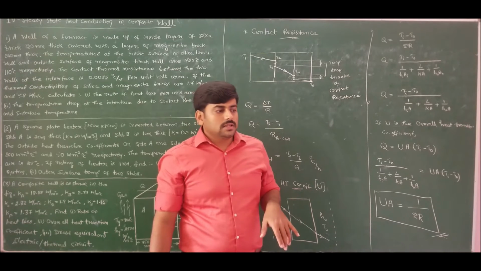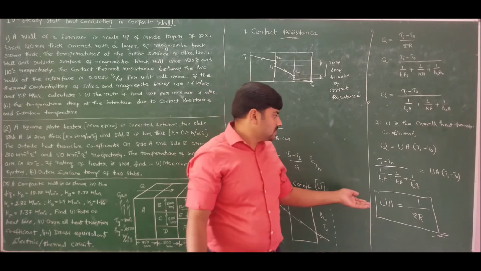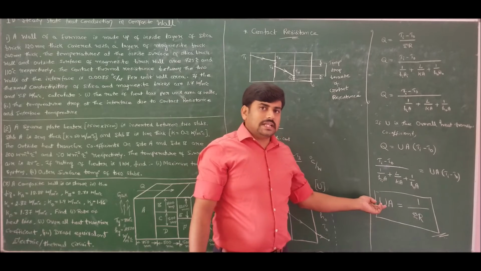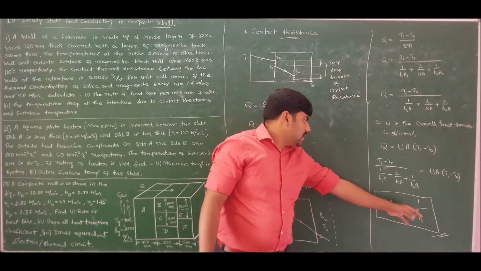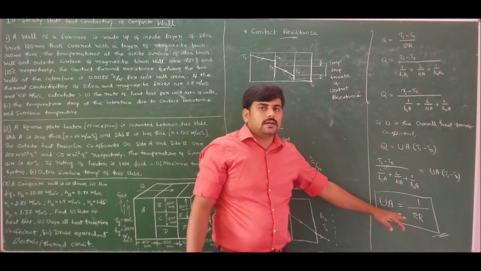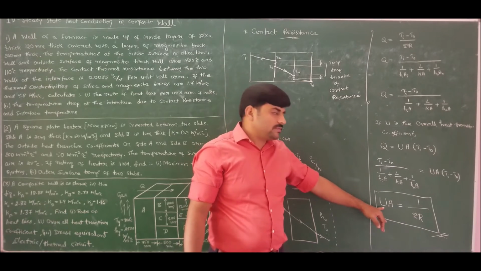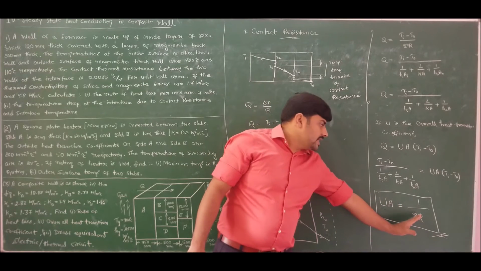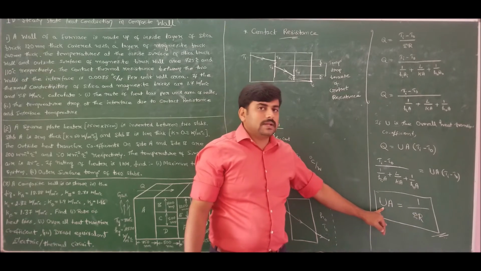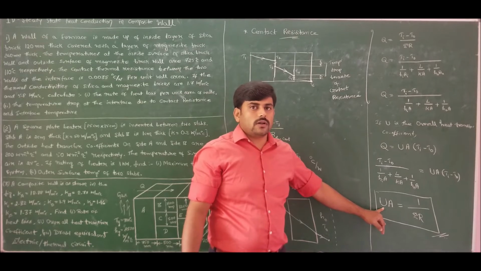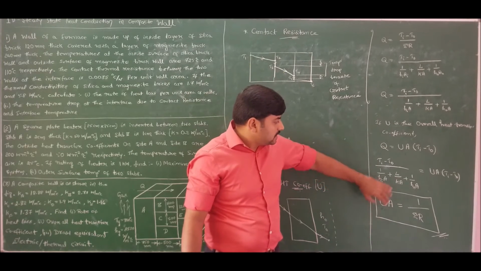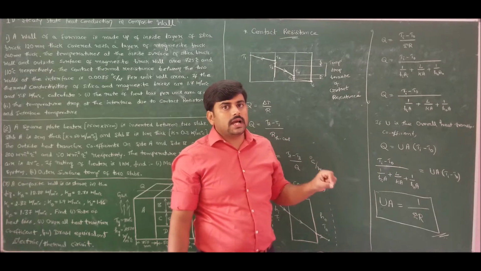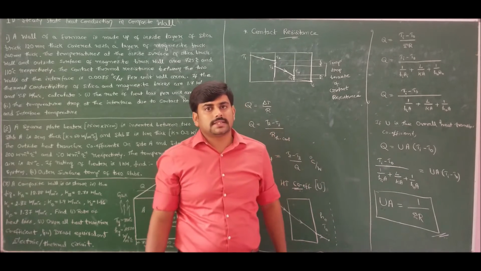So to avoid those difficulties, use this equation. If I want the overall heat transfer coefficient based on the inside surface area, divide the RHS by the inside surface area, and you will get Ui. If I want the overall heat transfer coefficient based on the outside surface area, divide the RHS by the outside area, and we will get the overall heat transfer coefficient based on the outside surface area. Therefore, it is recommended to remember the expression as the overall heat transfer coefficient times area is equal to 1 by the sum of resistances.